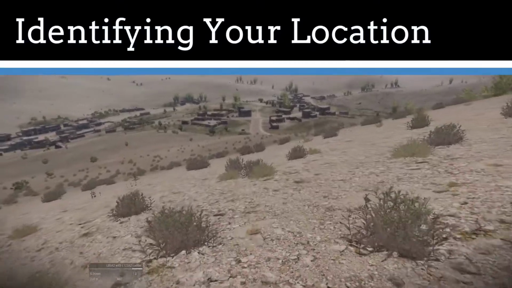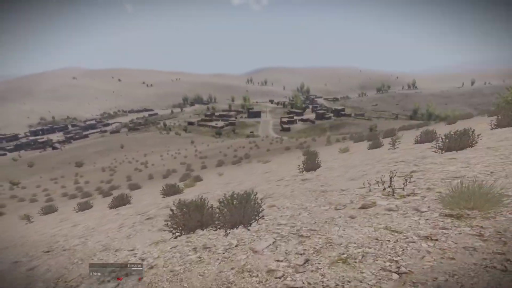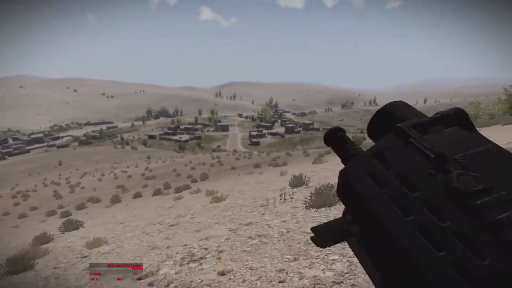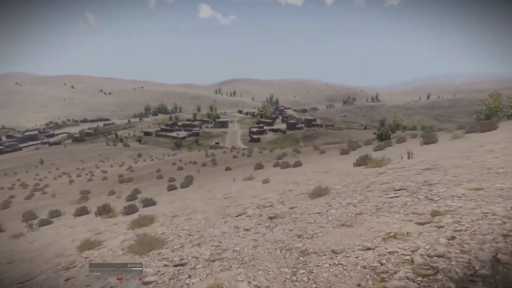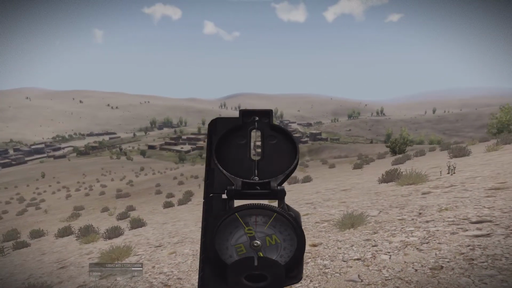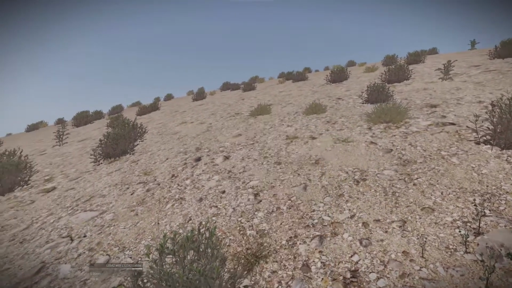Identifying your location. Now we know how to read map coordinates. Let's look at how you can find your location using the map. This is important as in some cases you will not carry a GPS system and may not have an icon displaying your team's position on the map, also known as Blue Force Tracker, meaning you'll be responsible for keeping track of your own position yourself. If you become separated from your team or need to quickly identify your position, the best